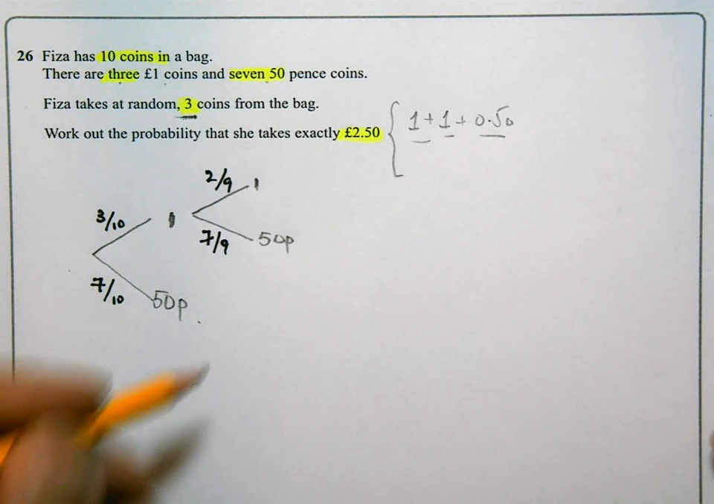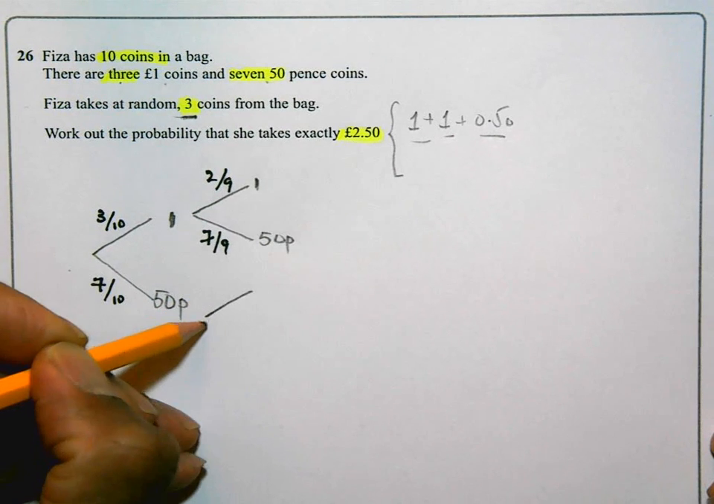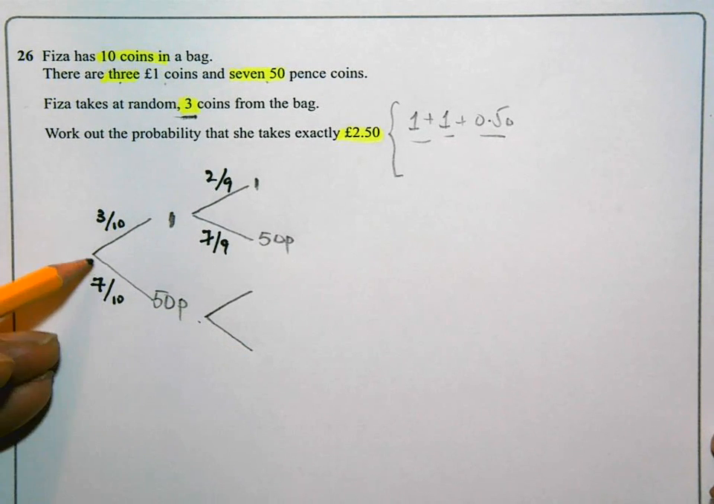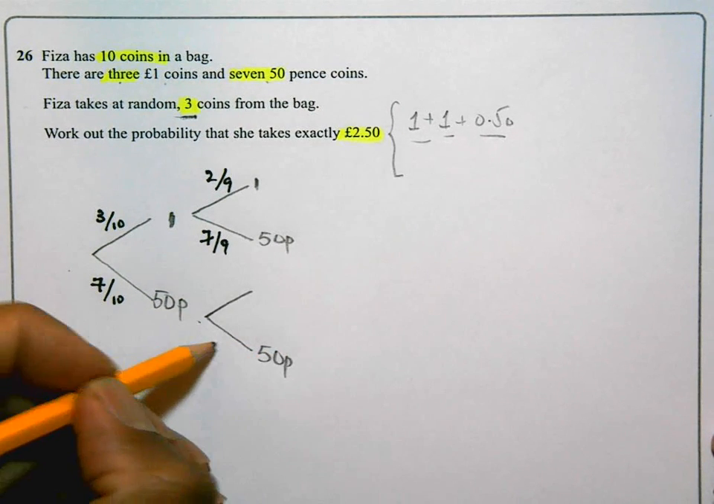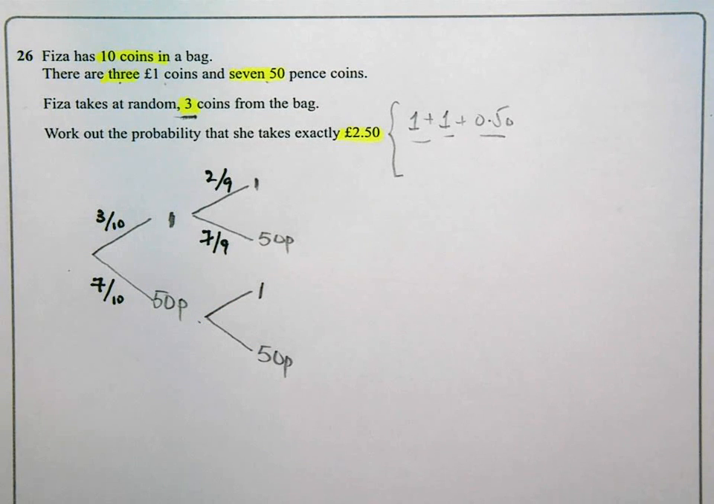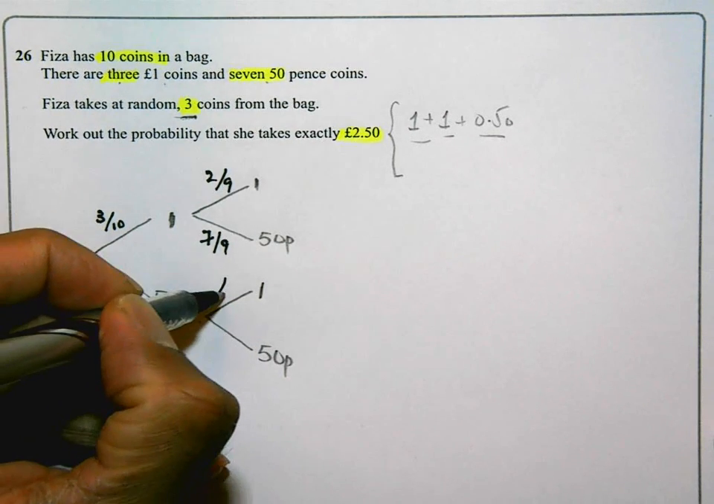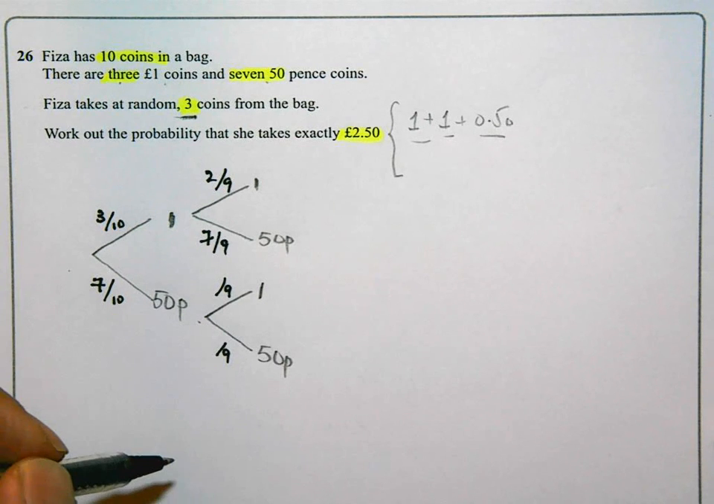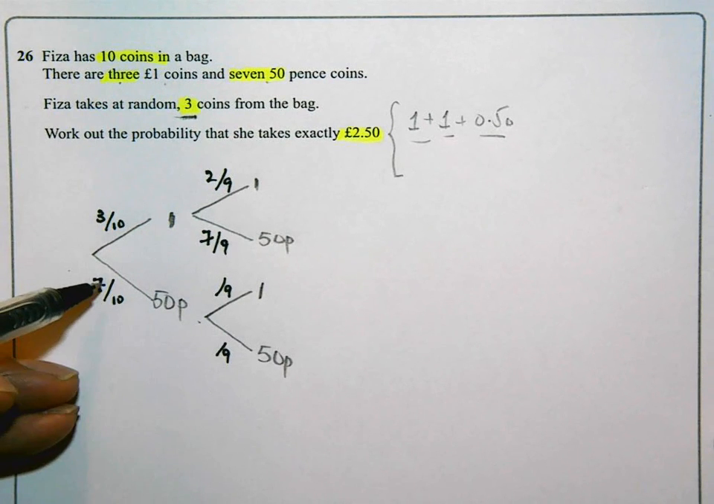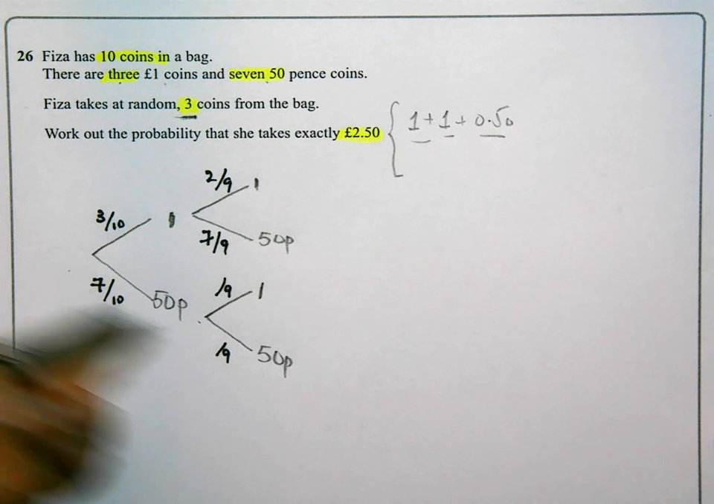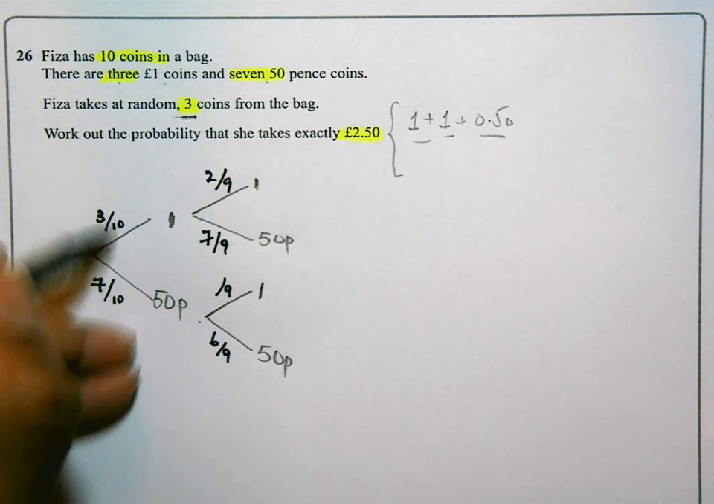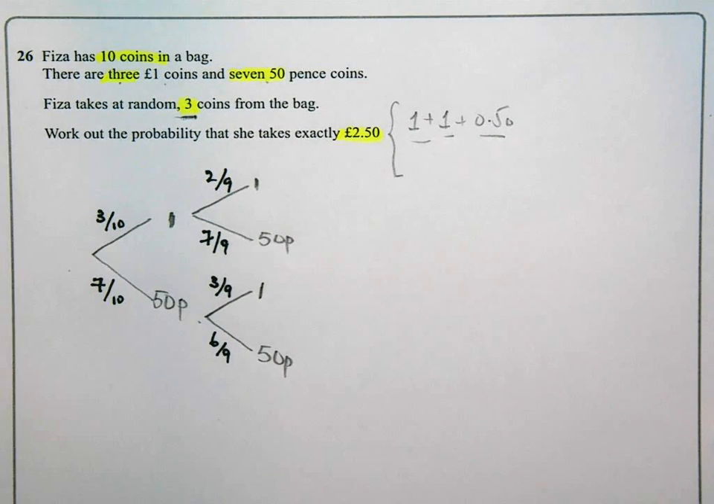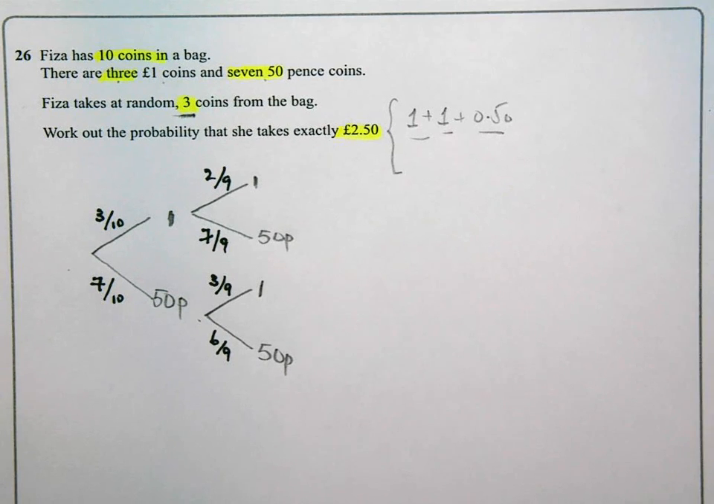If I picked a 50p first, that means I'm going to have 1 less 50p, so 6 50p's in the bag, and there are 9 coins in the bag as well. So this is out of 9 because I've picked 1. There'd be 1 less 50p, so it'll be 6 over 9. I'll still have all 3 pound coins, so that'll be 3 over 9. That was looking at the second pick. Now if I think about the third pick,